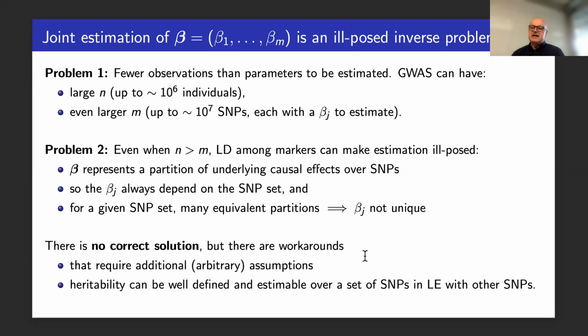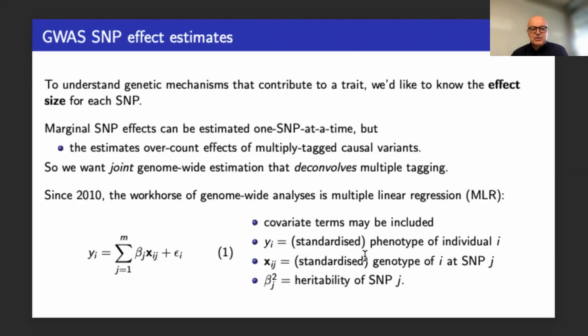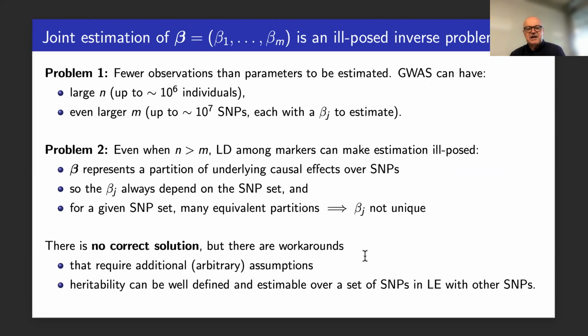So that simple genome-wide model, equation one here, just the simple multiple regression model, in one sense is a simple statistical setup, but it's complicated by these issues that make it impossible. Even just defining what the betas are in the multiple regression setup is quite difficult,